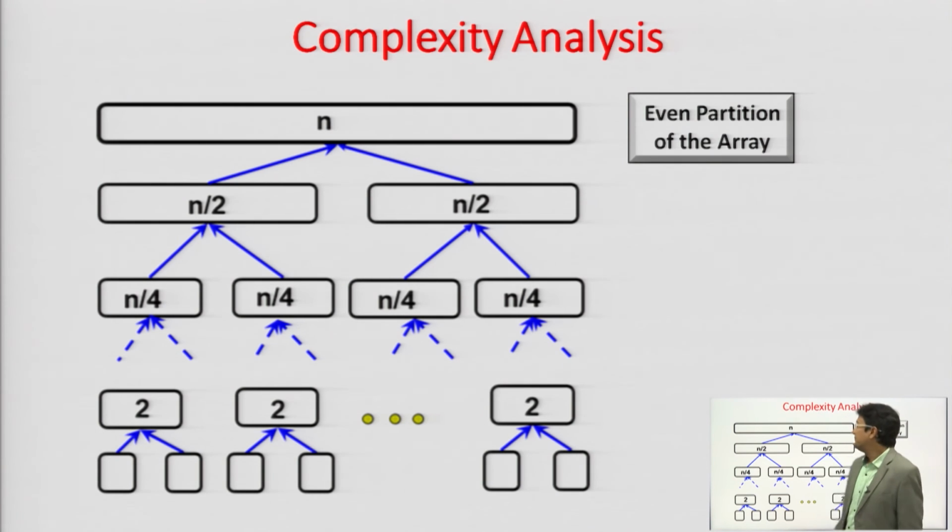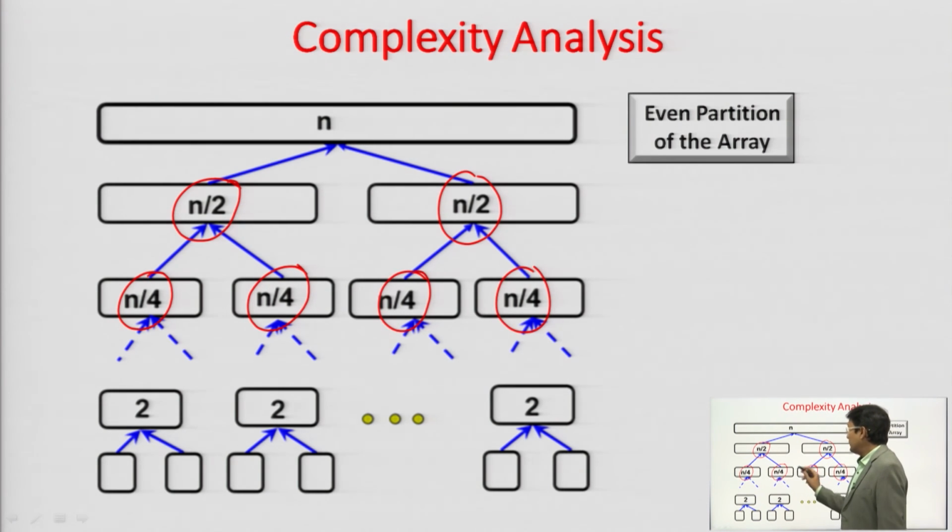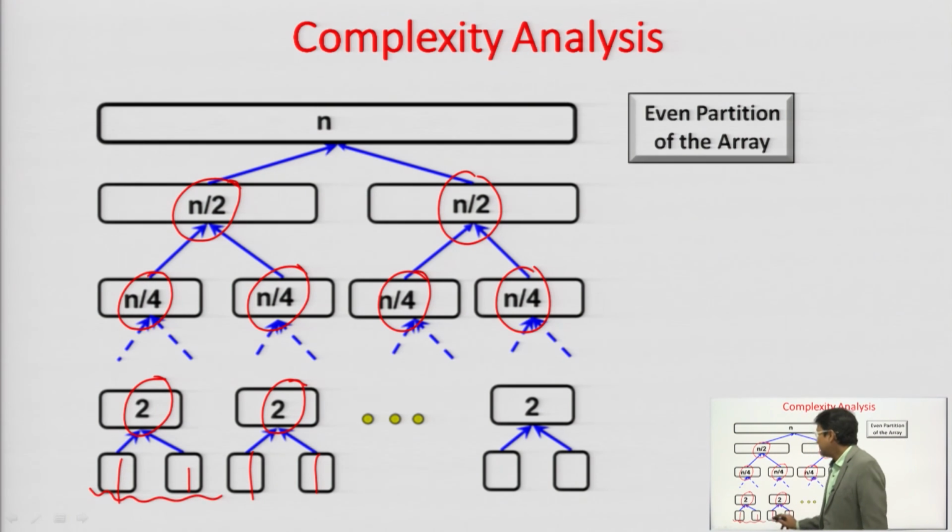We have the even partition, we have an n size array, and this gets divided into two parts of n by 2 and n by 2 each with the help of the partition, and then each n by 2 part also gets divided into n by 4 and n by 4 size. So this keeps on dividing, and if we have two elements, then we will once again divide it, and let us say this division is of 1 and 1 element only, and for this division also the division is of 1 and 1 element only, after which further division will not be performed. So, this is the even partition, wherein the elements are divided into equal parts.